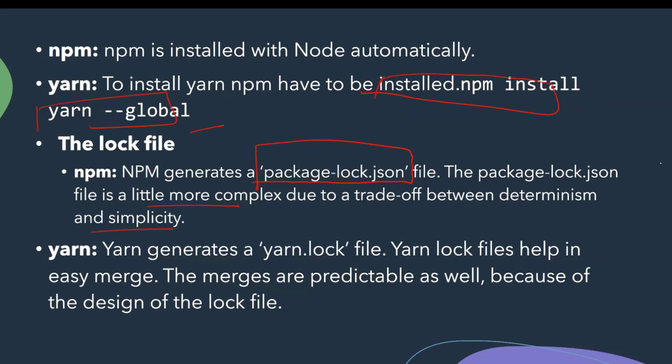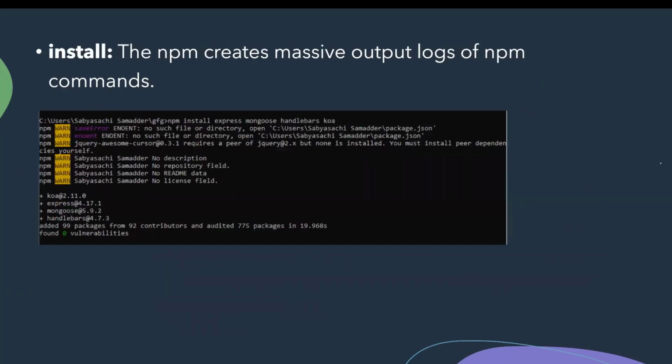Yarn generates a yarn.lock file. The yarn lock file helps in easy merges, and the merges are predictable as well because of the design of the lock file. The npm lock file is more complex as compared to Yarn.